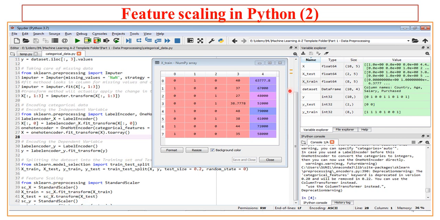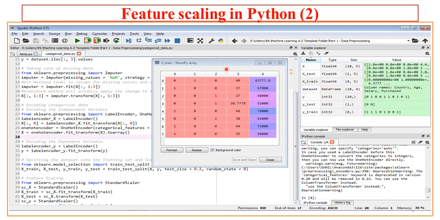I have executed this again in the Spyder environment. I expect you to run this code in Spyder environment at your desktop and test it. After execution, I got the list of variables created in the variable explorer of the Spyder. Here I just double click on x underscore train.